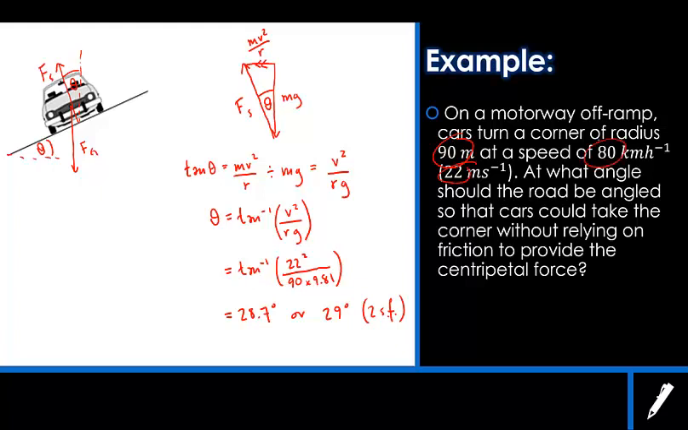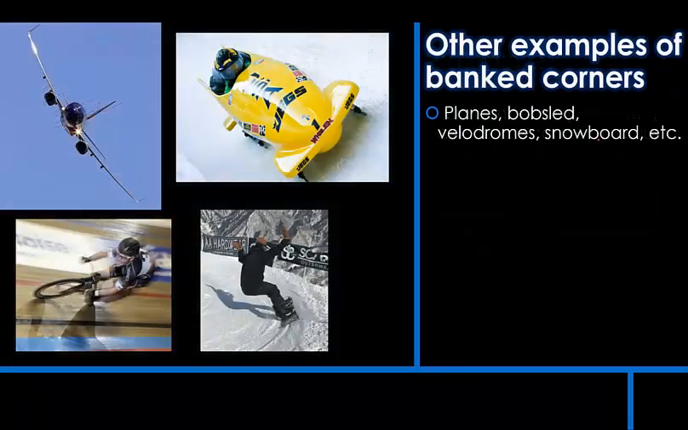Okay, so that's an example of how we can use the equations that we've derived to solve problems involving banked corners. There are a number of other examples of banked corners that we should just be familiar with. Planes bank when they are turning. So by banking with planes, we mean basically that they angle themselves to the horizontal so that the lift force is at an angle. So here we'd have a weight force, Fg, and we'd have a lift force like this,